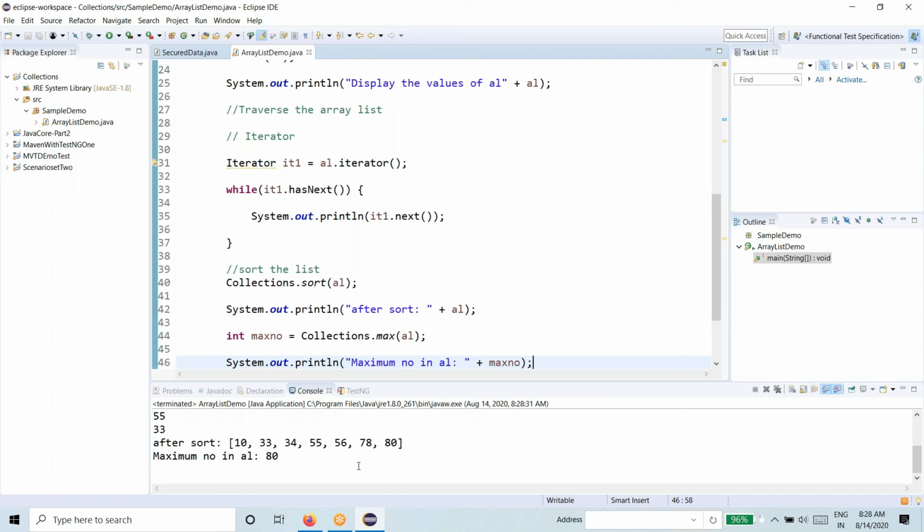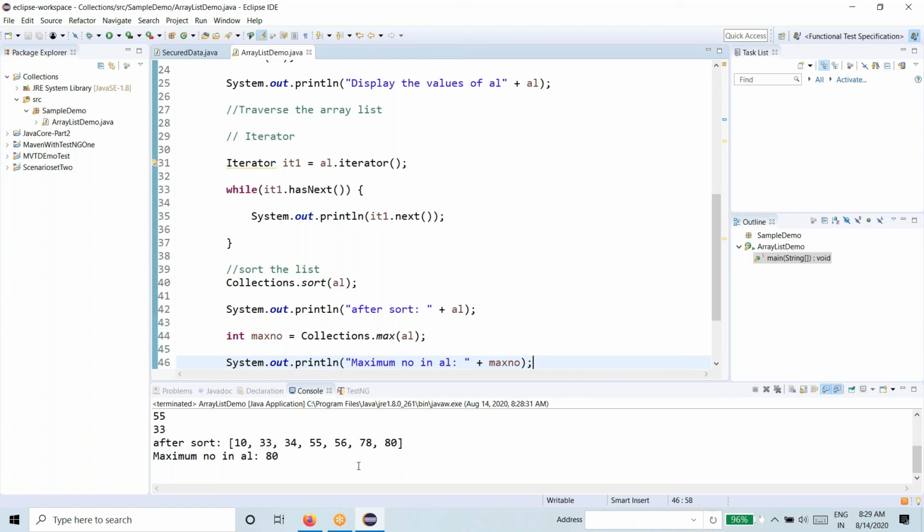Even if you have 500 elements, fine, it should not worry about the length. You can track the maximum, minimum. Then you can sort, you can search, so many operations we can do by using collections interface, and it is a very powerful interface which is also applicable in single dimensional array. Like earlier, we were using for loop, if condition, and temporary variables. All those things are not required now.